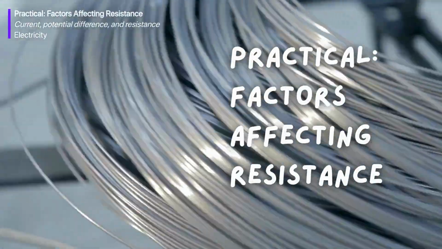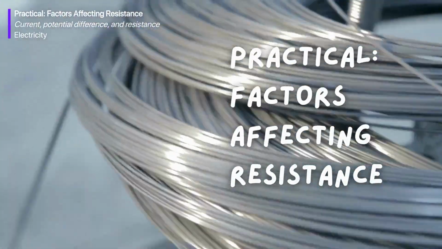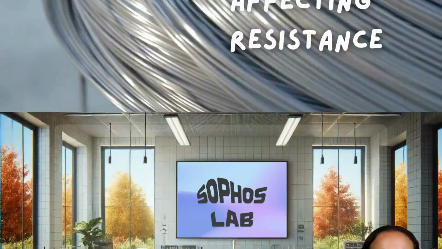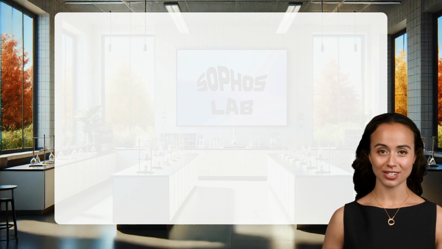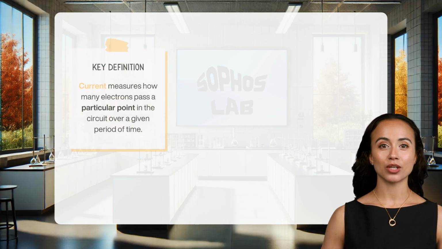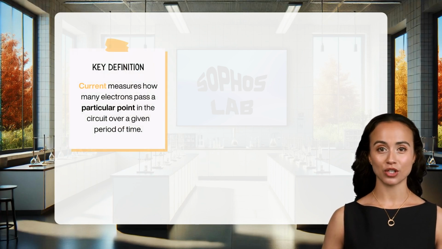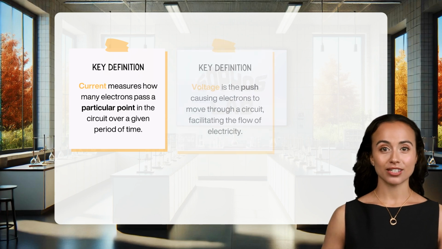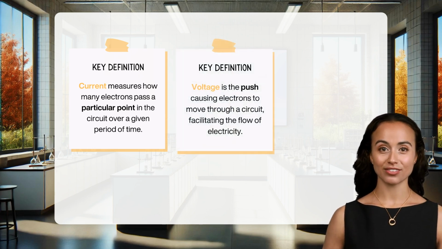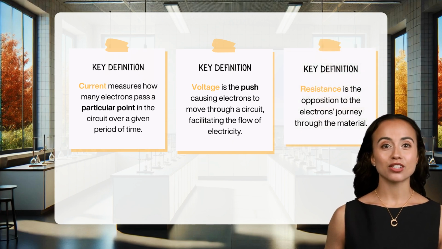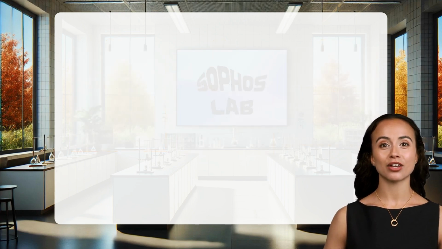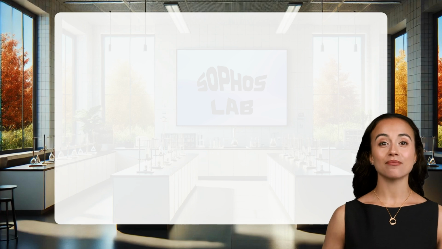Hello and welcome to our practical investigation on the factors affecting resistance. In our previous lesson, we've explored the fundamental concepts of electricity. You've learned about current, which is the flow of charged particles such as electrons, voltage, which is the potential difference that drives the current and causes electrons to move through a circuit, and resistance, which opposes the flow of current through the circuit. We've also discussed Ohm's law, which states that current is directly proportional to voltage and inversely proportional